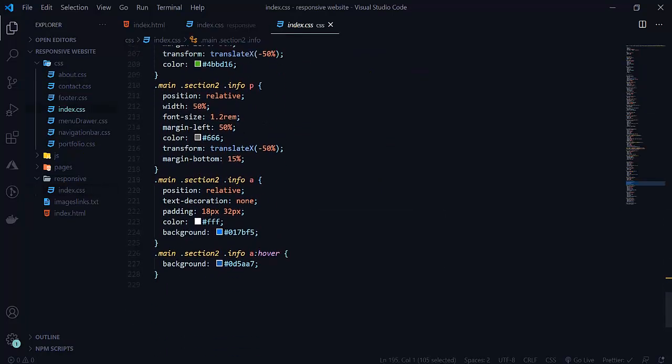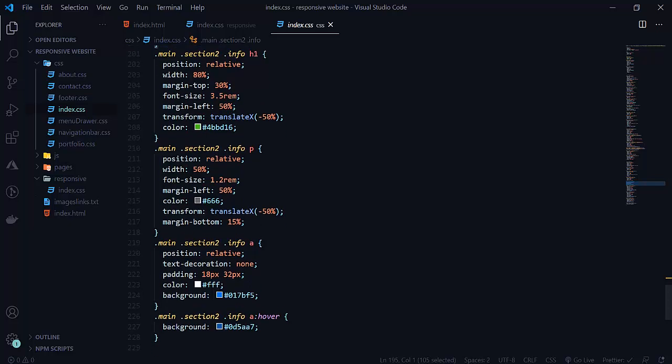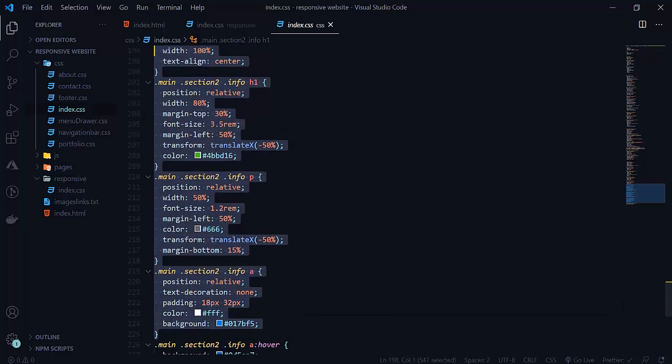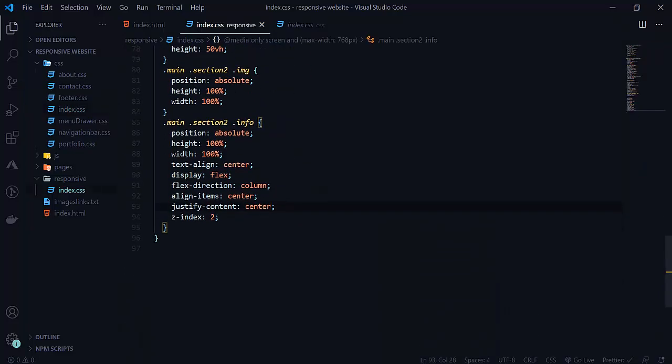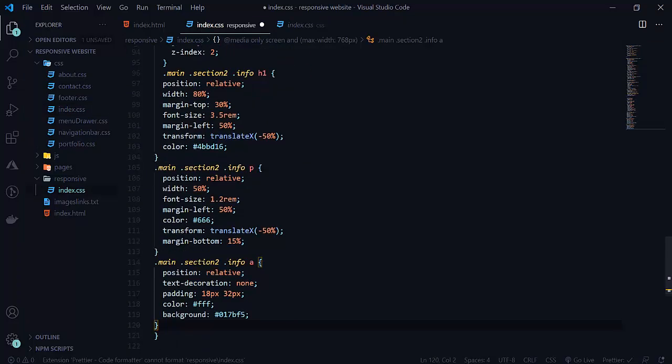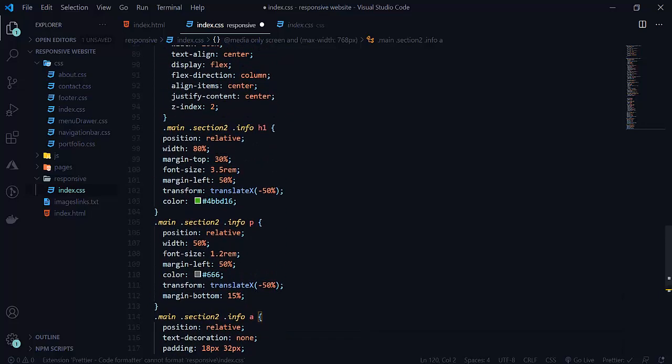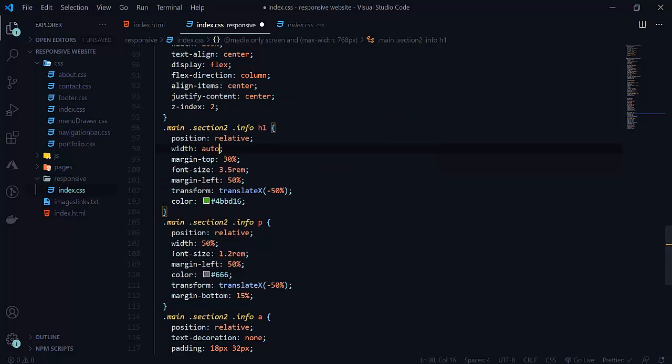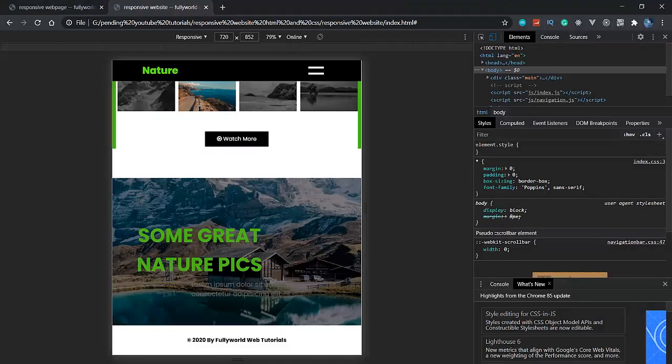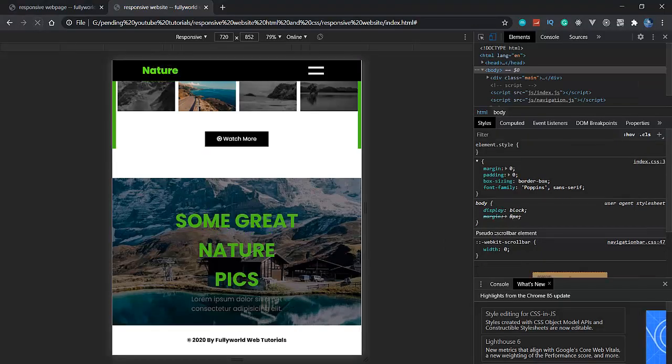So here let's move to our P, A, etc. H1 and P, I'm copying this whole and I'm pasting this here. Let's change this height. This one will be width, let it be auto. So width is equal to auto. Let's see if this is changing or not. Yeah, it is looking good.